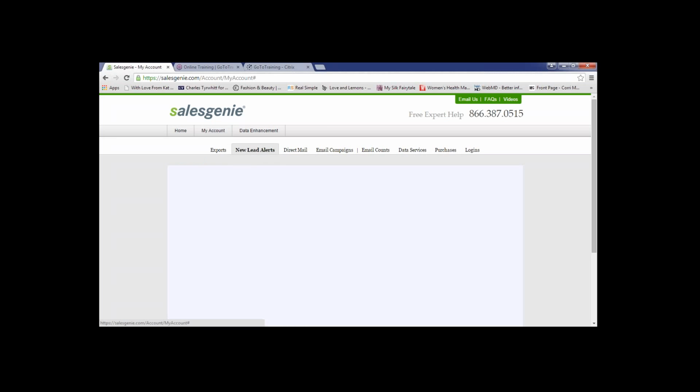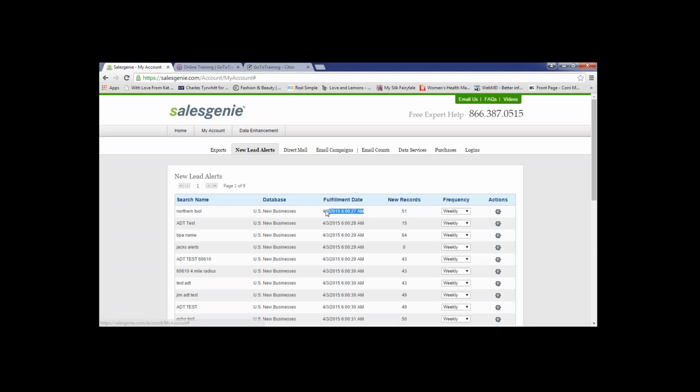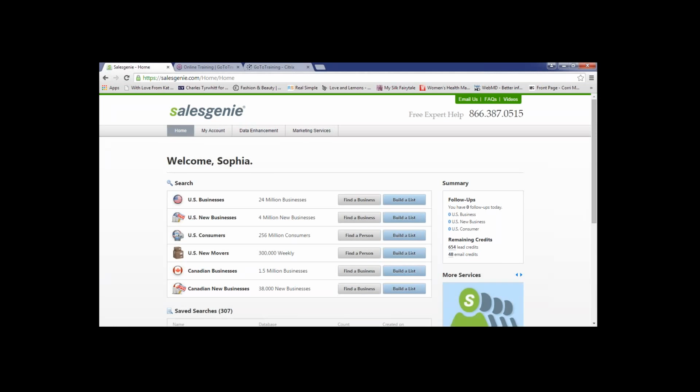That second tab over is titled New Lead Alert. So all of your new lead alerts will populate here. Again, the last fulfillment date was this past Friday the 3rd, and this Friday it'll change to the 10th, and then every Friday going forward. Here you'll be able to change out the frequency, but most importantly, you can view those on a weekly basis. Again, those are brand new businesses that are just filing for a business license, utility connect, phone connect, so timing